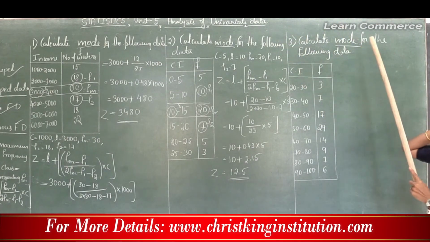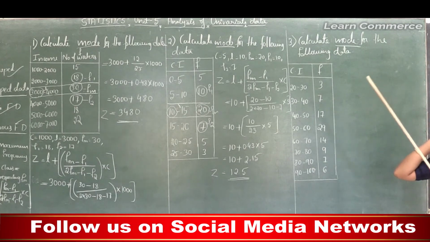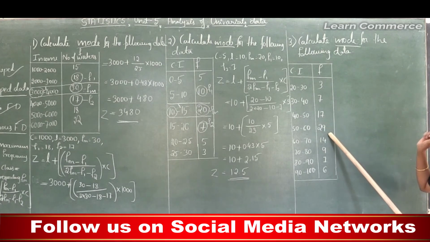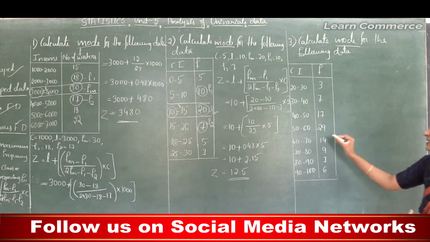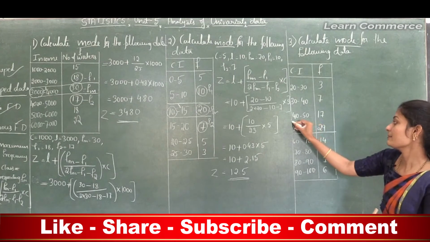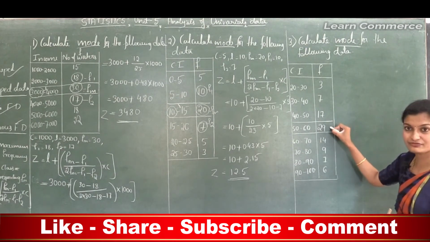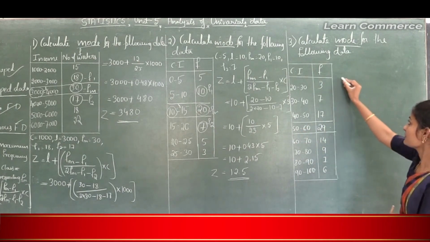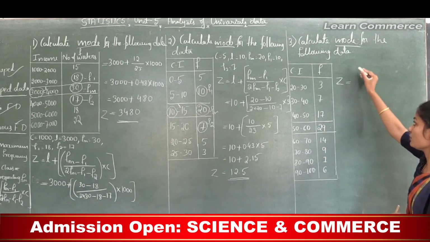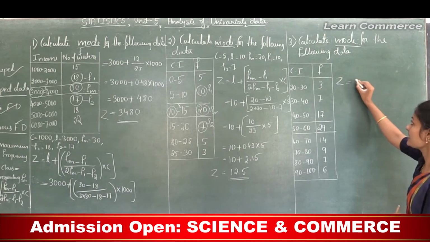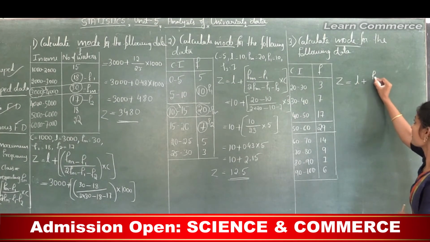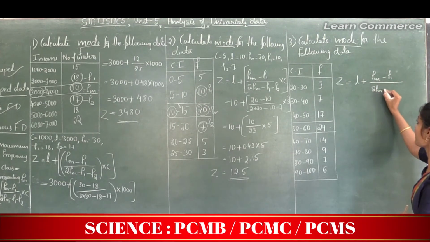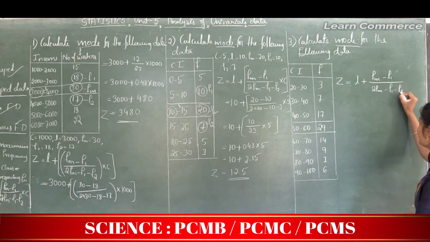To calculate the mode in case of a continuous frequency distribution, the first step is we need to find the maximum frequency. So here the maximum frequency is 29. Next, the second step is we need to determine the model class. So this is the maximum frequency, therefore this is the model class. So next, to find the mode, the formula is Z is equal to L plus Fm minus F1 divided by 2Fm minus F1 minus F2